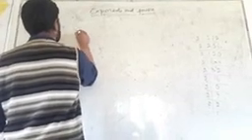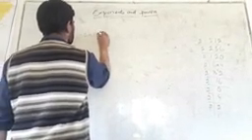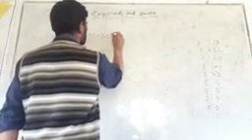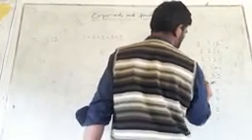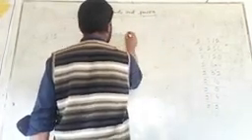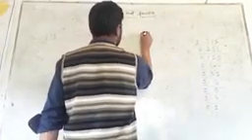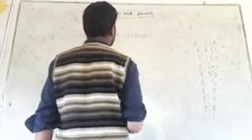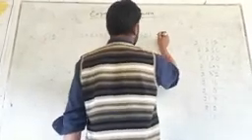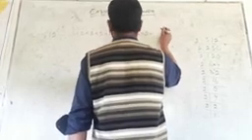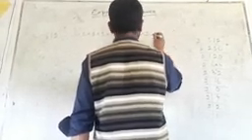So its expanded form is 2 into 2 into 2 into 2 into 2 into 2 into 2 into 2 into 2. Counting, 1 2 3 4 5 6 7 8 9, there are 9 times 2. Or it can be written in exponential form as 2 raised to power 9. It is its exponential notation.